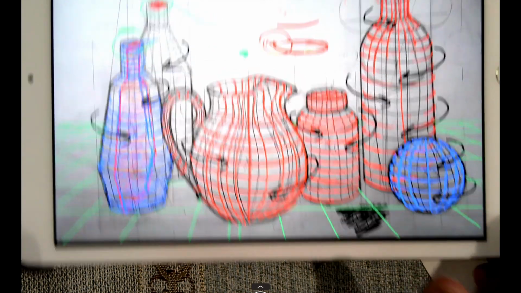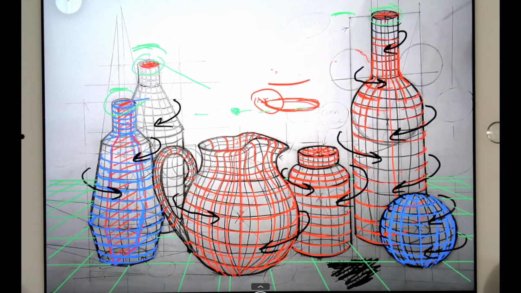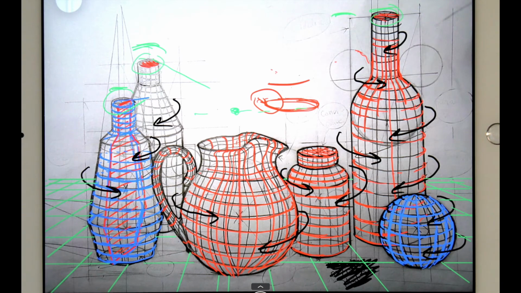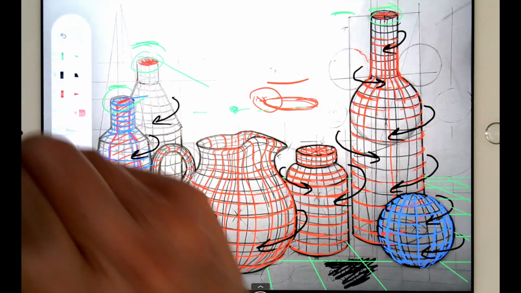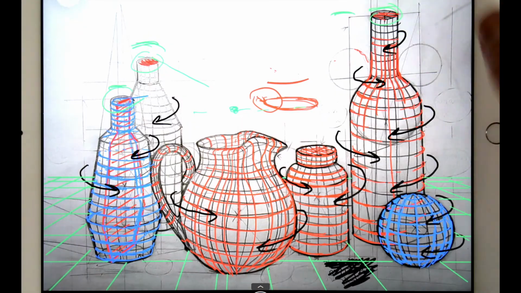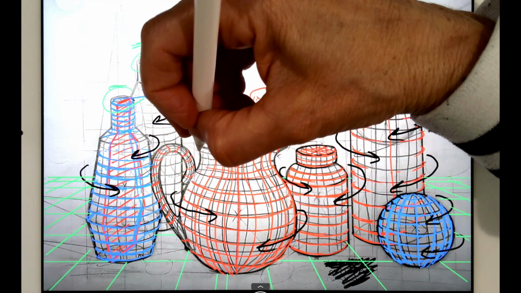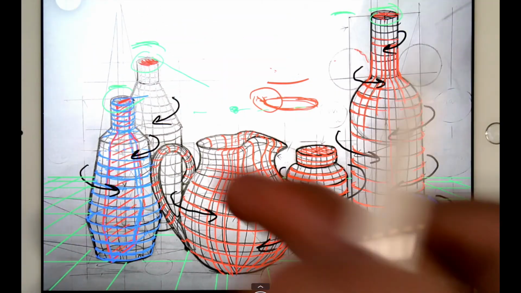Okay, so each one of you did a version of this cross contours, and so I'm not going to go over every single image like this. For many of you,